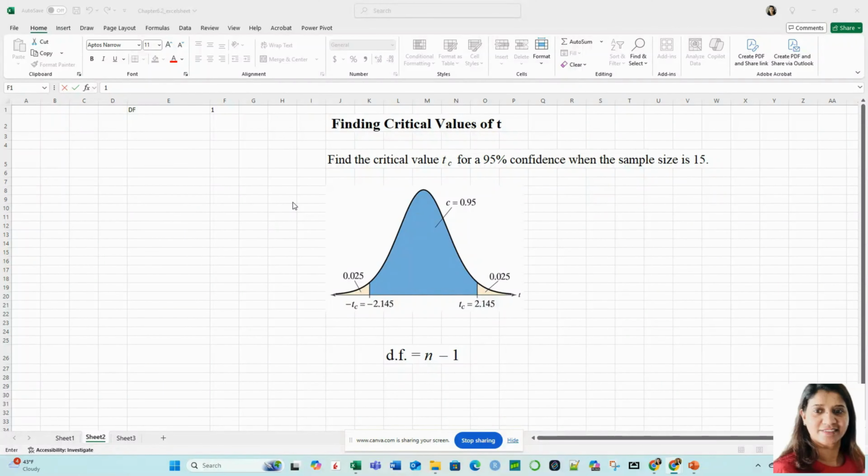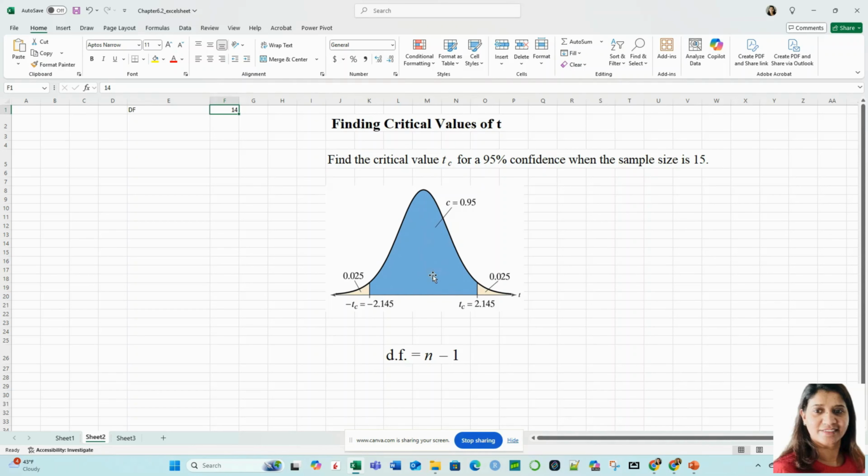Now we are going to find the critical value for 95% confidence when the sample size is 15. First, the degrees of freedom. We calculate degrees of freedom as n minus 1. So here the sample size is 15, and 15 minus 1 is 14. I will record here degrees of freedom is 14. To find the critical value, I will show you two methods. First one is